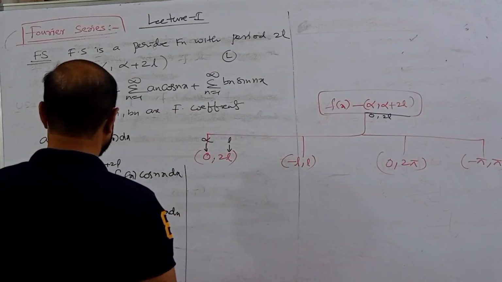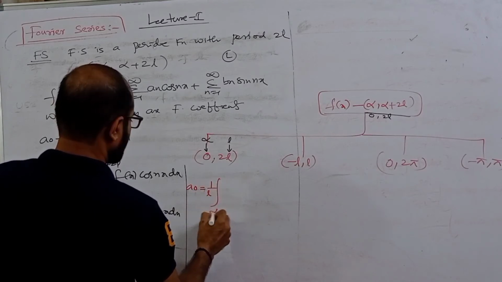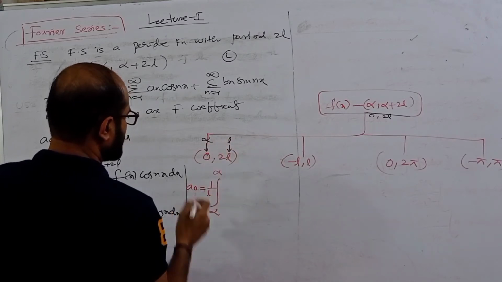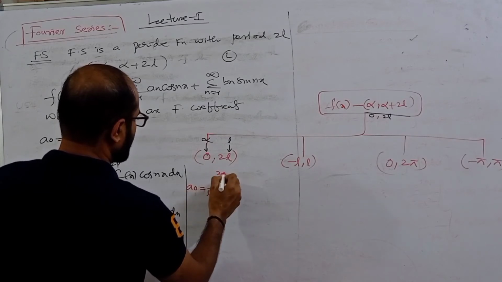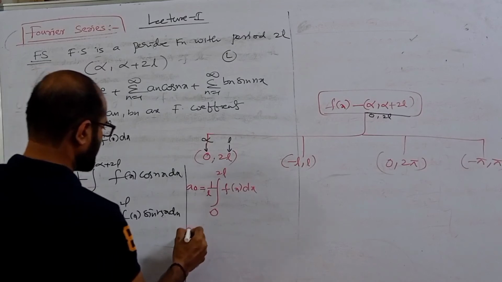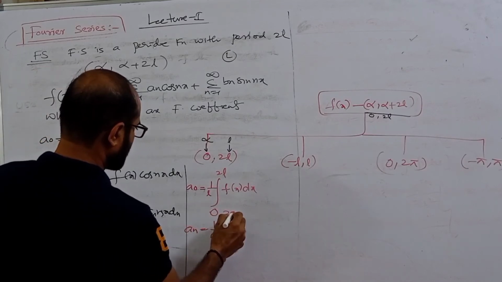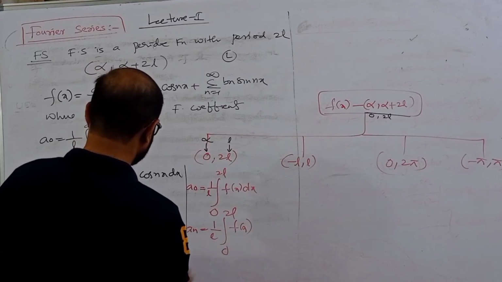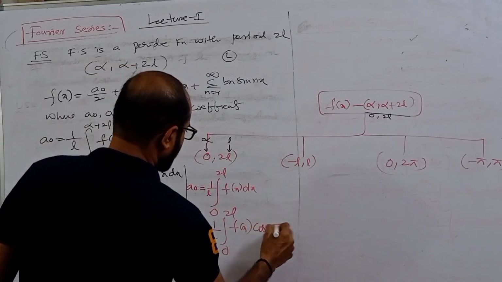What is your a naught value? A naught equals 1 by L, alpha is 0, so you can write the integral from 0 to 2L of f of x dx, right? Similarly an equals 1 by L, integral from 0 to 2L of f of x into cos n pi